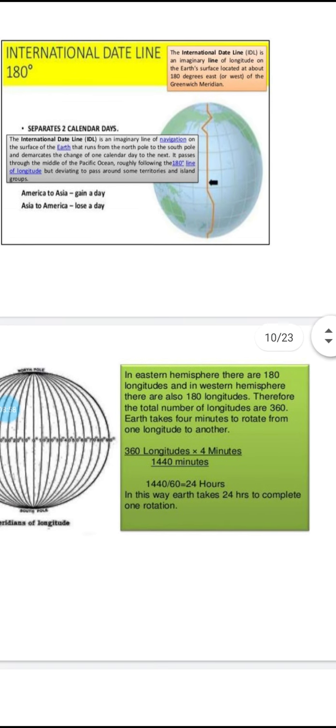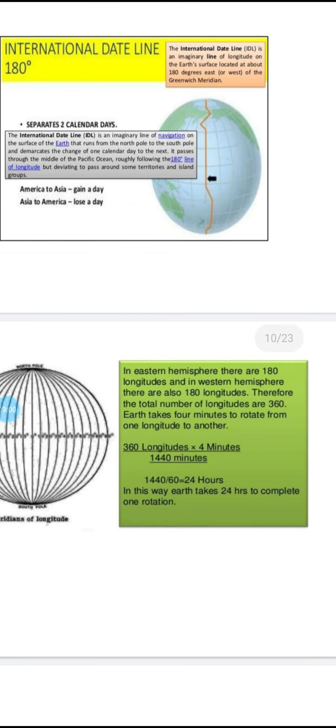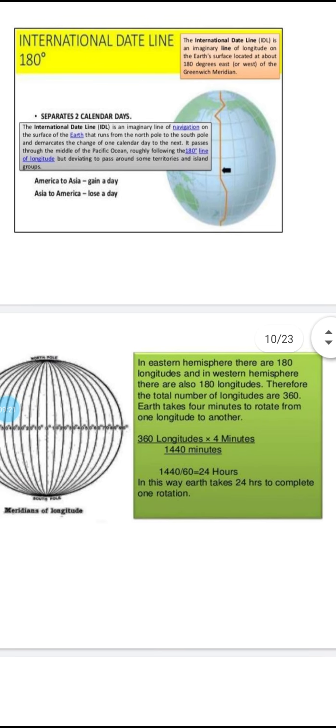Now the next thing which is given: in the eastern hemisphere there are 180 degrees of longitude and in the western hemisphere there are 180 degrees. It means there are a total of 360 degrees of the complete earth that we have divided, and we have made two hemispheres, eastern and western. Hemisphere means when we divide a circle into two equal parts. When we divide a circle into two parts, what do we call the half part? We call it a hemisphere. So there are the eastern hemisphere and the western hemisphere, and in both there are 180 degrees of longitude.